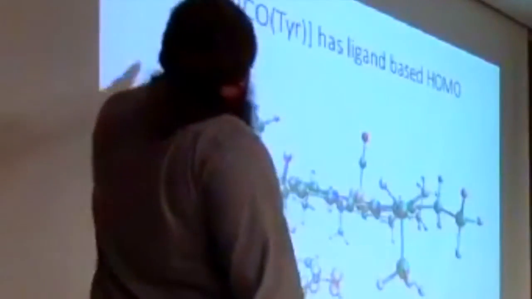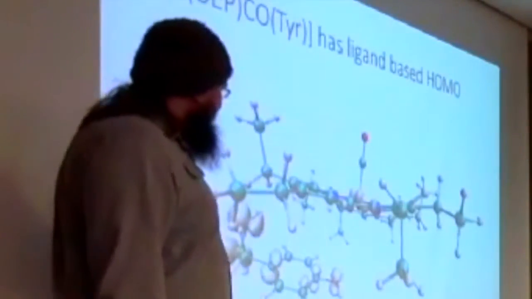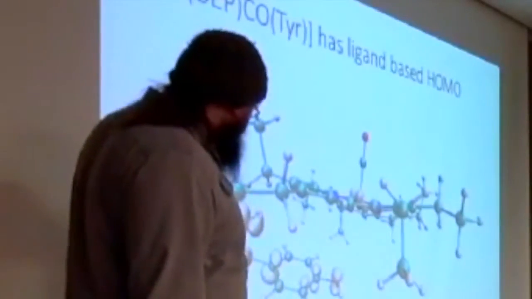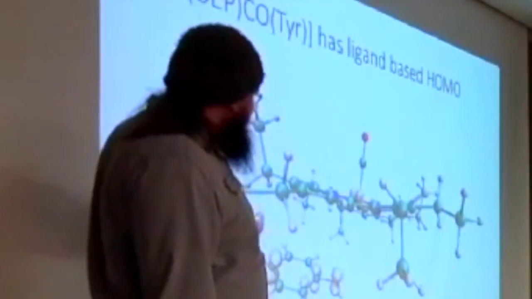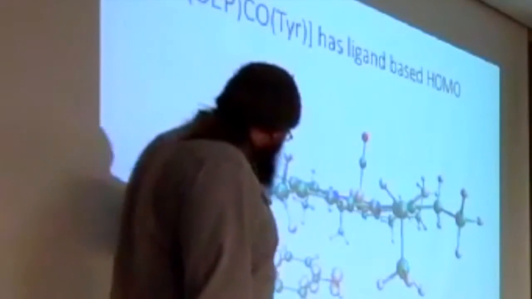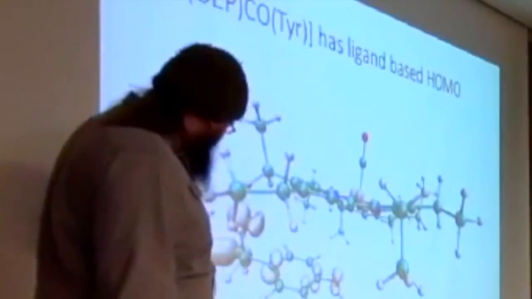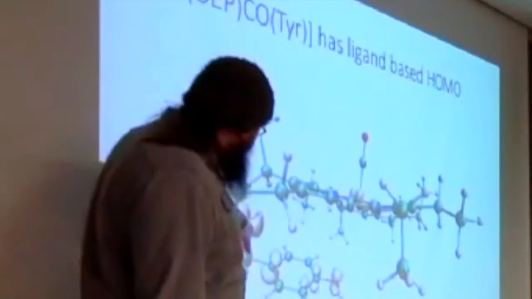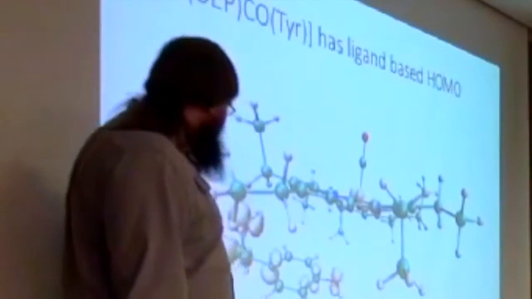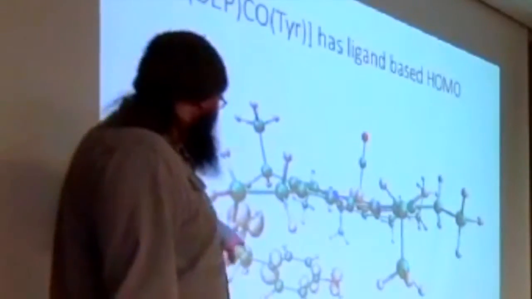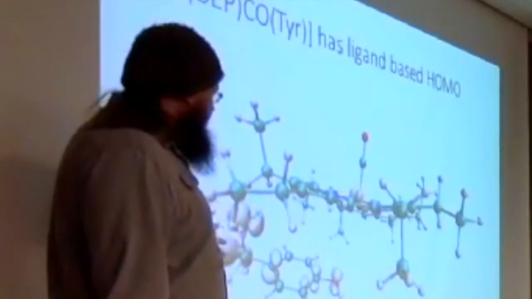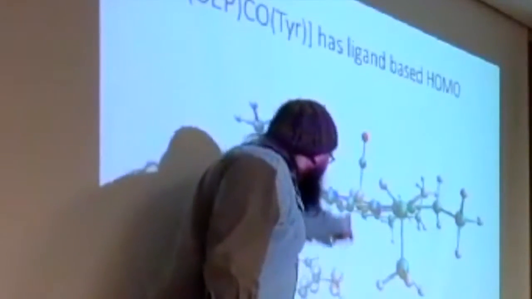And here's where things get really funky. So when I put the tyrosine on, the tyrosine fell off. And so we can see here that most of the electron density is on this tyrosine ligand. You can see it's coming out here. Here's the carbonyl side. Here's the amino side of the amino acid. And then here's where it should be ligating